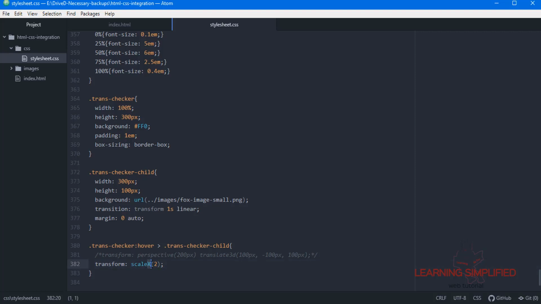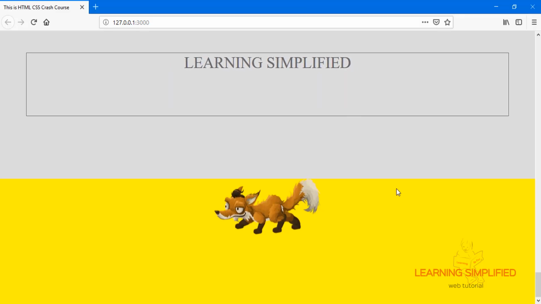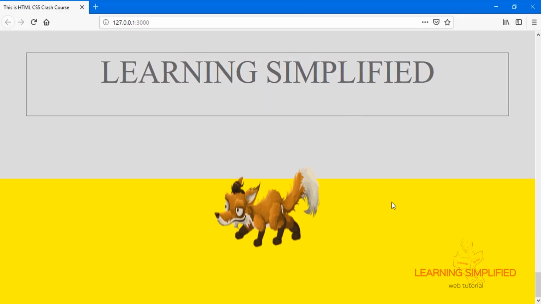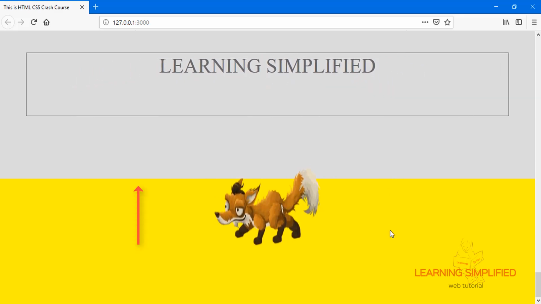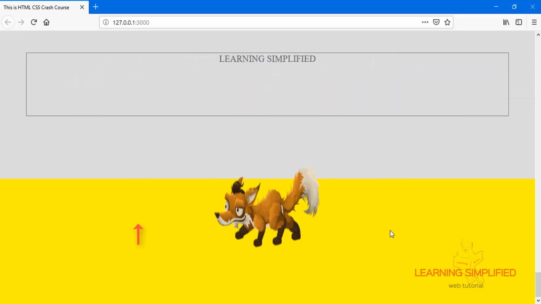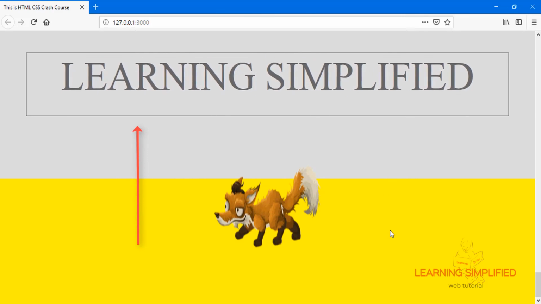As we had mentioned, this transform takes place in the x-axis. But if we put here scale Y, that means we are putting this scale command in the y-axis direction, and if we get back to our project and move our mouse over, we can see that this image is now growing in the y-axis direction.